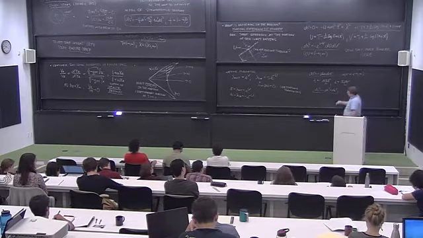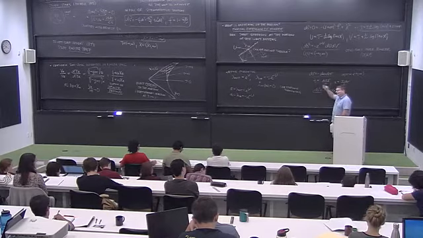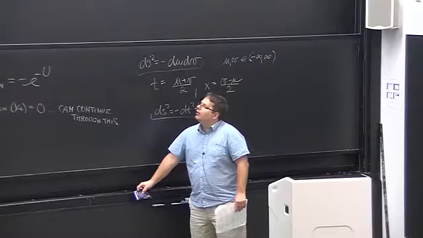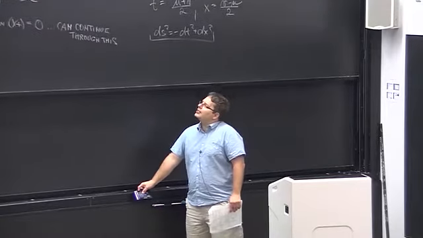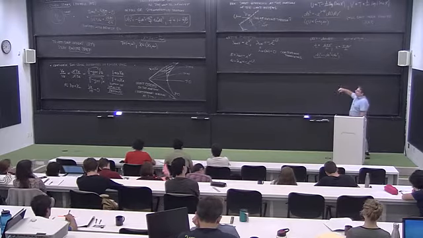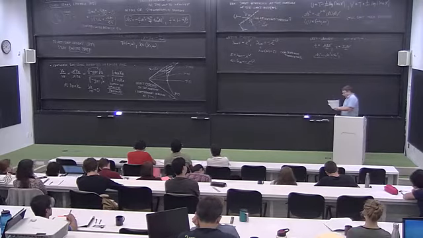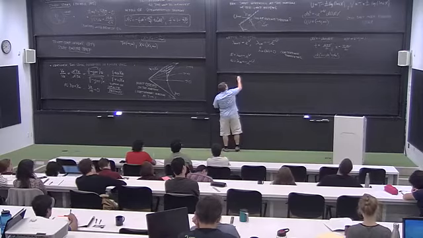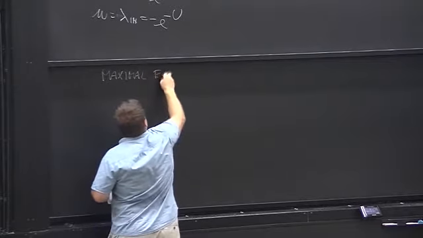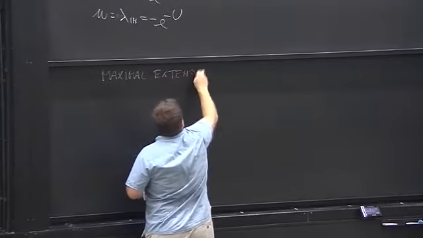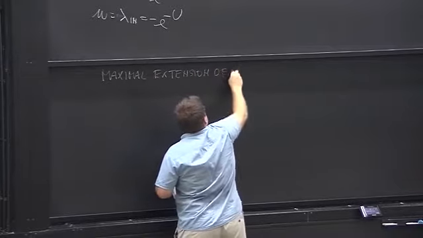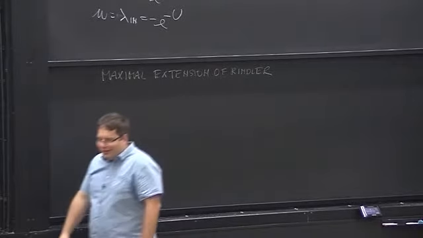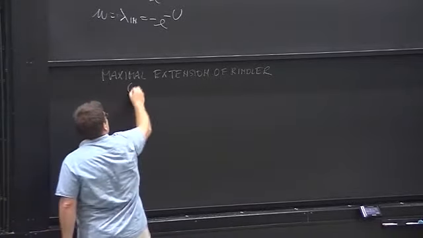All right, so this is the way you extend through the space-time. And if you now draw whatever space-time is covered by these coordinates u and v, or by coordinates t and x, you obtain what is called a maximal extension of Rindler. And in this case, we know, as we started, that it's nothing else than Minkowski space.